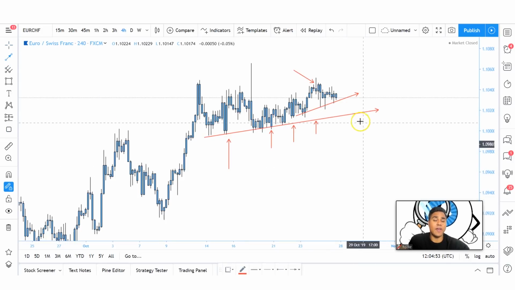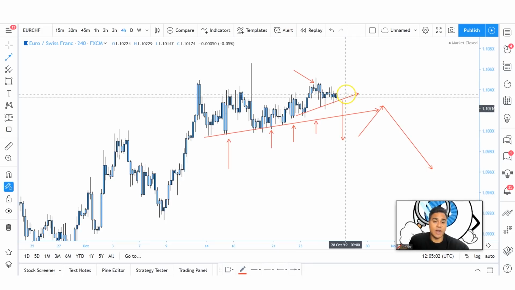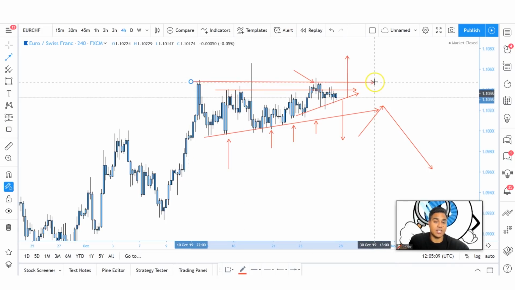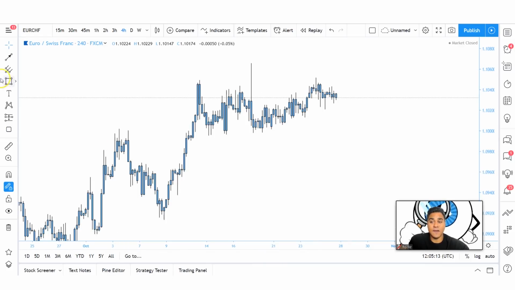What I'll be looking for are any sells if price decides to break close below these structures and then pulls back for some sort of lower high continuation. But other than that, with Euro Swiss franc, my bias is bullish. I'll be looking to see how price can now finally break close above some of these previous structures here to the left, and how I'll draw this to keep this nice and clean for everybody to see is to see